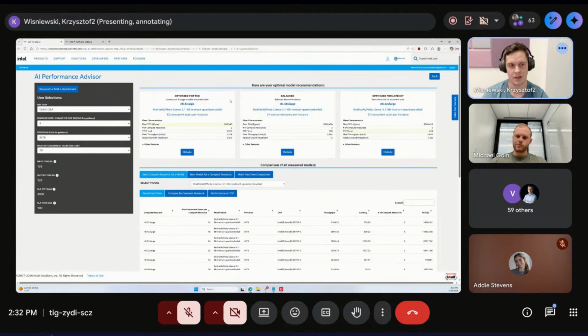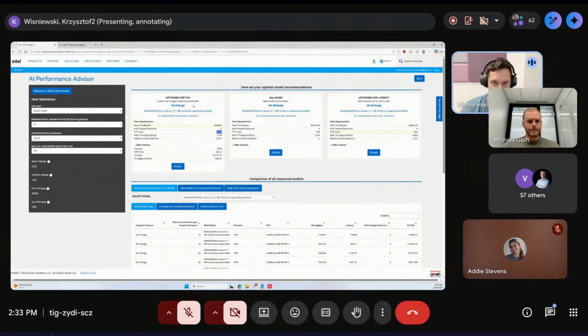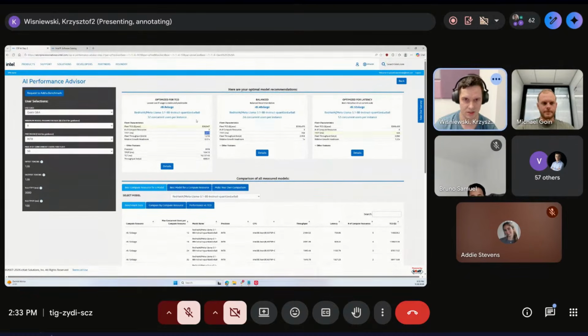So in that case, it told us that you have SLA for time to first token about 3 seconds. For time per output token, you have 100 milliseconds, so you are guaranteed to get under that. And you have three deployments. So first one is optimized for TCO. So we are trying to get as much from our hardware as we can, but we don't necessarily need the fastest response. So in that case, you'll have time per output token about 100 milliseconds and time to first token about 3 seconds, but you only need one AWS R8i 8x large, which will per year cost you about $40,000, so it's pretty cheap.